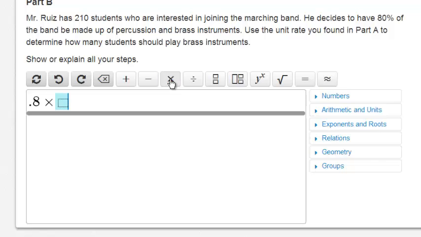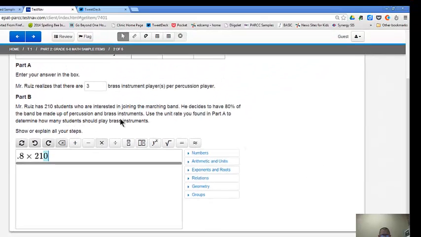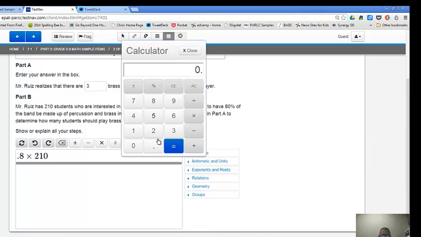times 210. And when you put numbers in the text box, it's not a calculator. So I have to go up and get the calculator. So we'll say 0.8 times 210